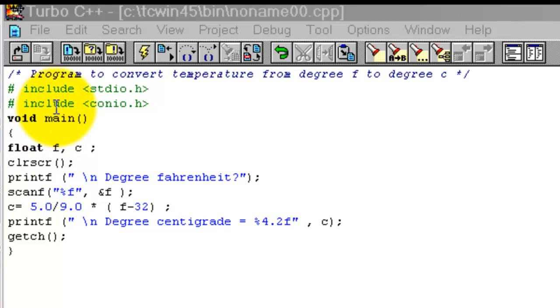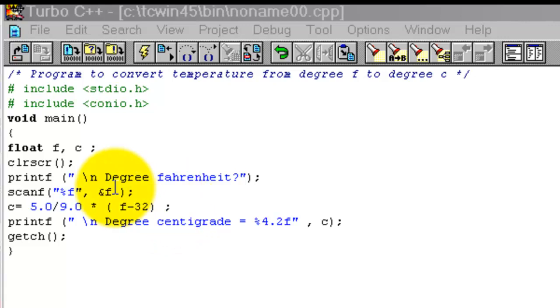Before running the program, we first type the whole program without any mistake. We check comma and semicolon in this place. In every line there is a semicolon. Do not make mistakes. If any mistake shows an error, then correct it.